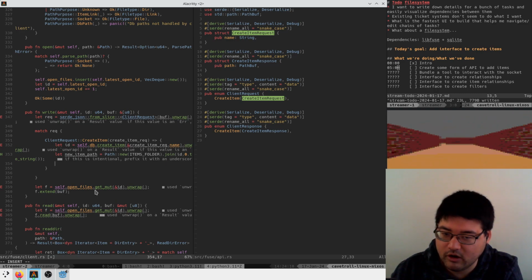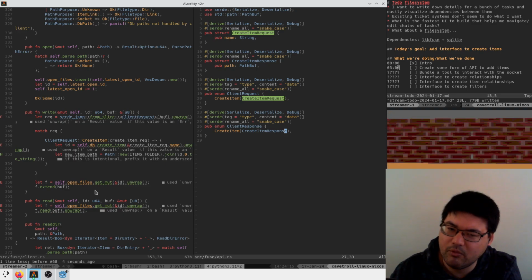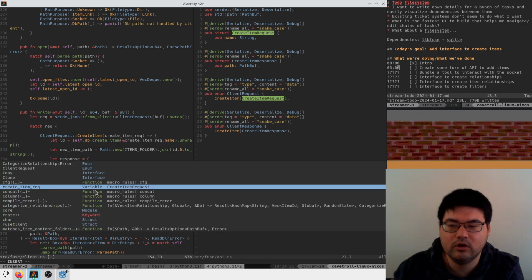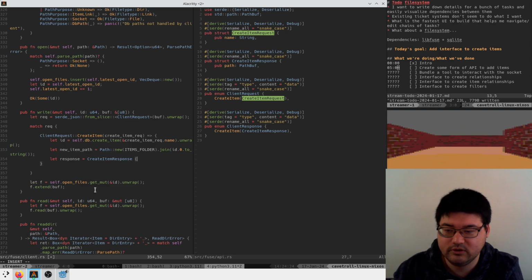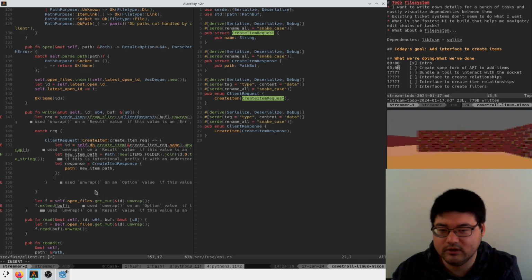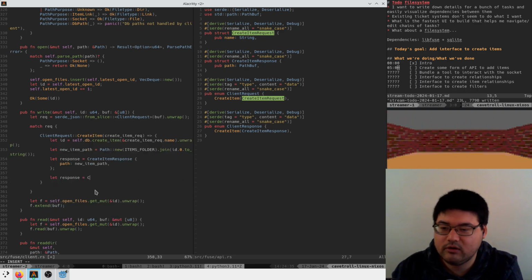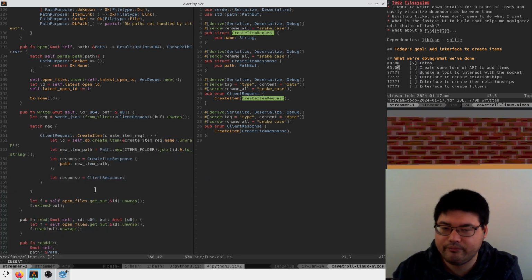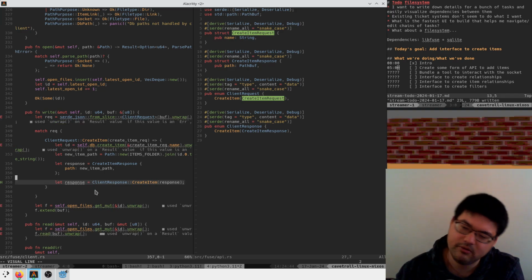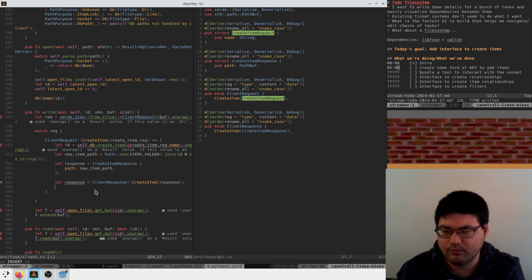Which means that now, I guess, do we need more in here? Yeah, that's fine. Let response is equal to create item response. Path is new item path, and then we just stick that in a client response. Okay. This might be a little bit too much, right? This feels like a lot, but that's probably fine. And then we serialize this